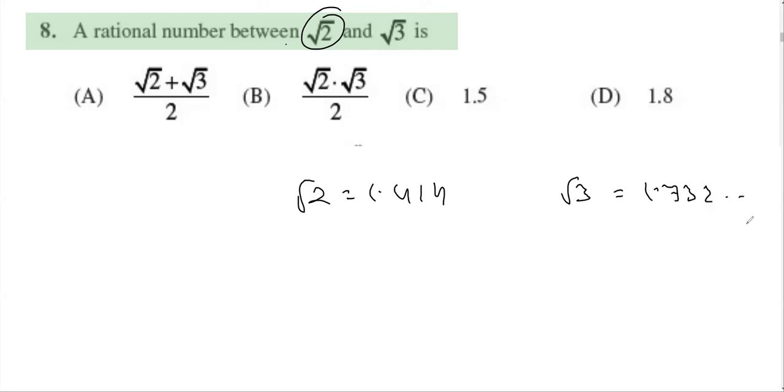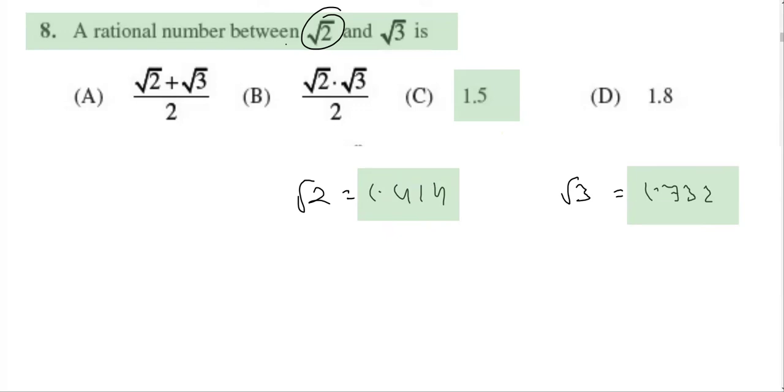Now we have to find a rational number between root 2 and root 3. A rational number has a terminating decimal expansion. So clearly we'll say that root 1.5 lies between 1.414 and